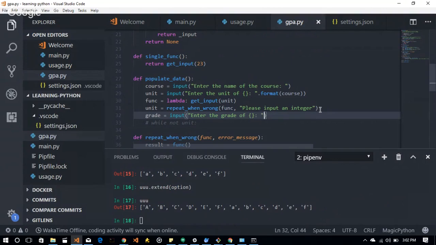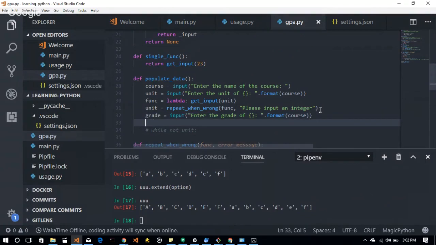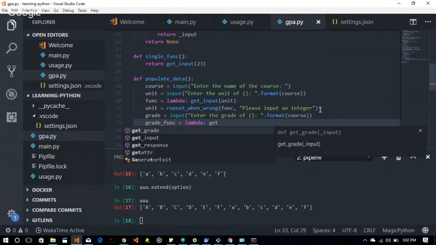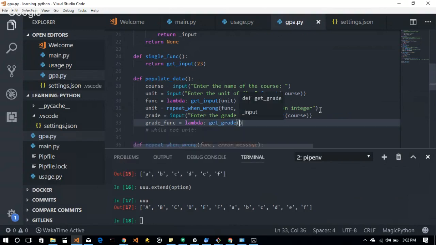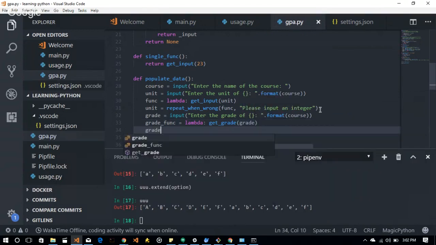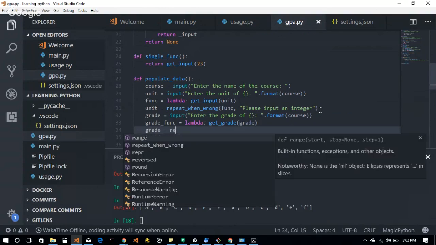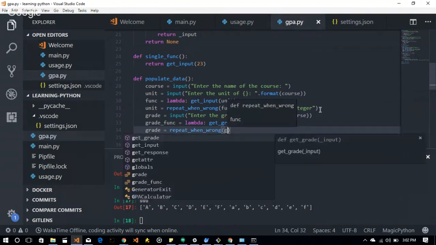Let us do something simple, but format the course. So we want to be sure that the person did the right thing. We create a grade function equal to lambda, and instead of get input now, it's going to be get grade. And we're passing in the grade that was inputted. Then the grade is equal to repeat when wrong, grade function,